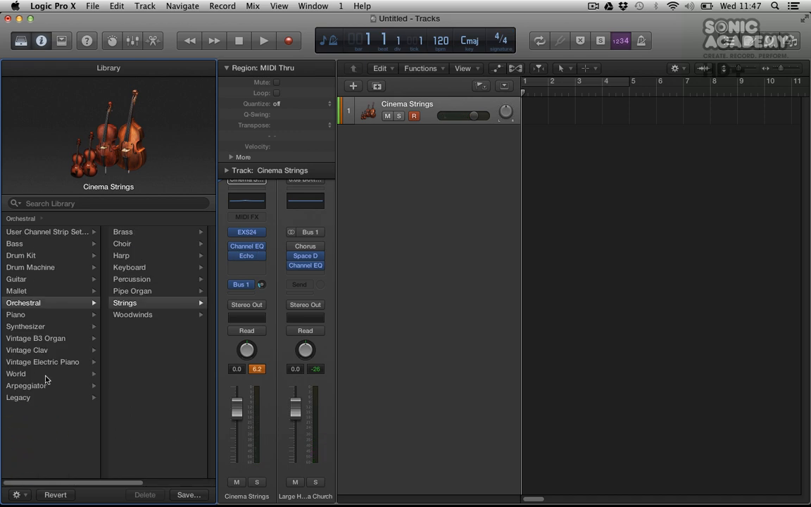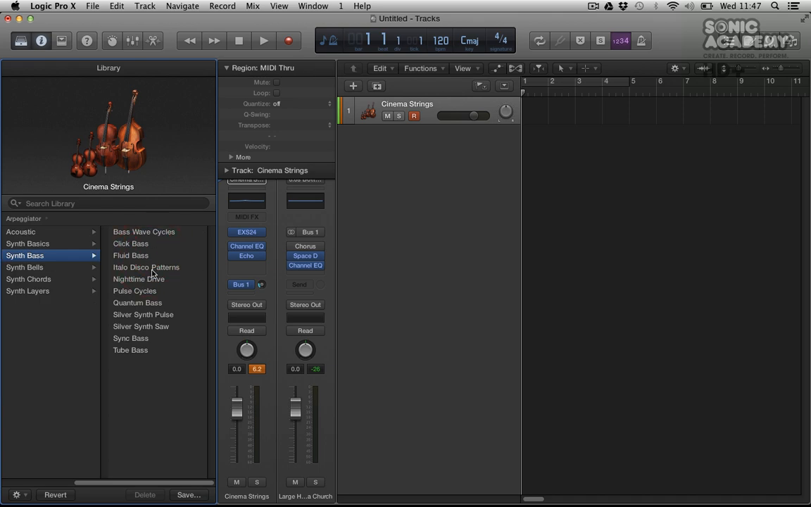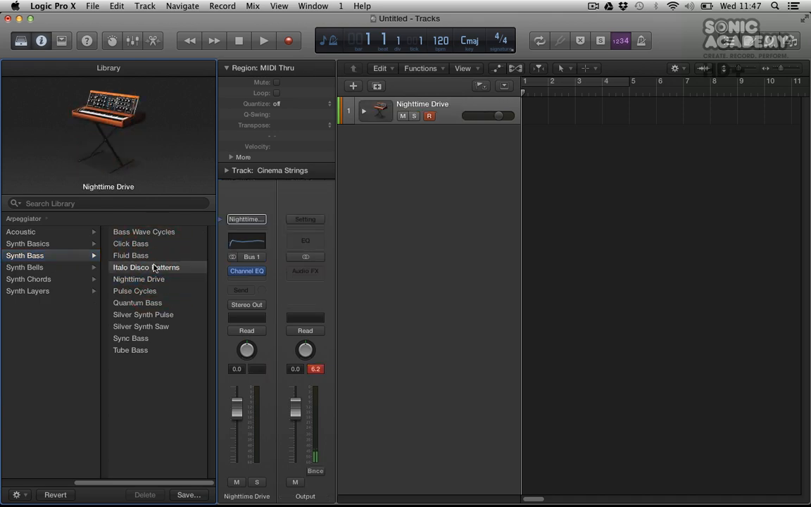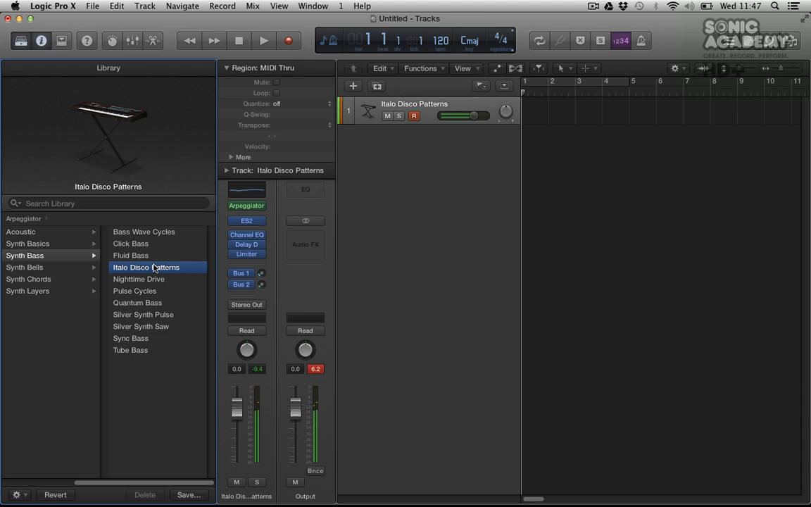Or we can go, let's open up an arpeggiator, a bass, and an Italian disco. So these are a chain that has been stored, and so once we select our patch from our library, we go over to this section here, and this is our mixer. So this shows you the currently highlighted track,